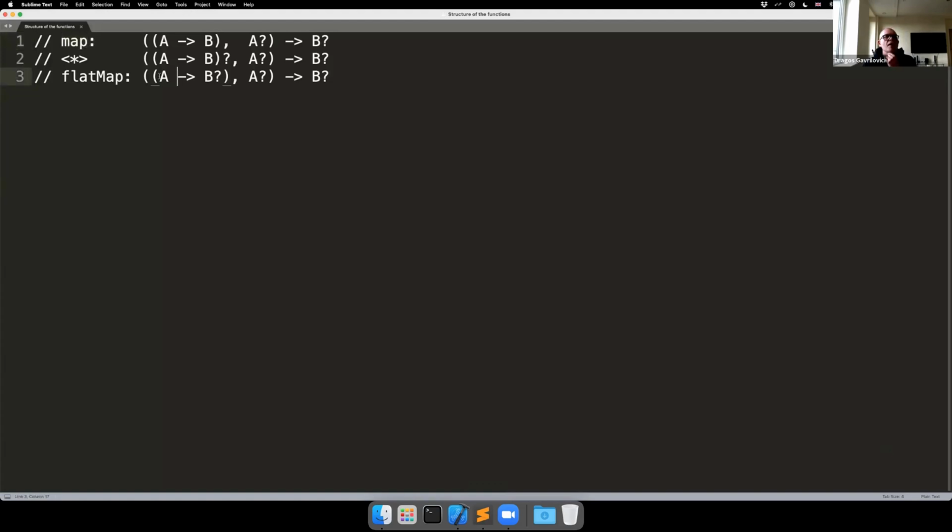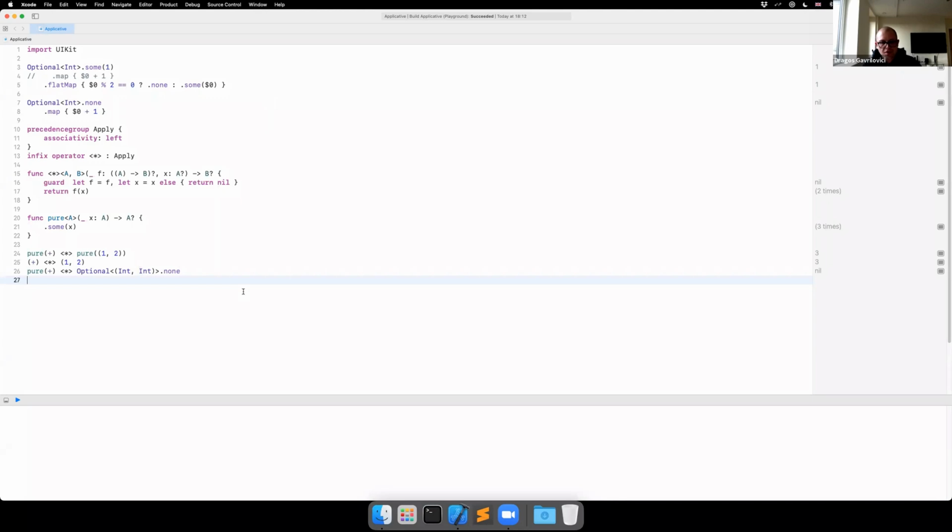The structure looks something like this. In case of a map, we have an A that goes to a B, and we have an optional A, and as a result, we have an optional B. Now, in case of an apply, we have an A that goes to a B, and we produce an optional. We feed an optional A, and we return an optional B. And in case of flatMap, we have an A to an optional B that doesn't produce an optional. It takes an optional A, and finally, we've got the same optional B. So with this kind of intuition,